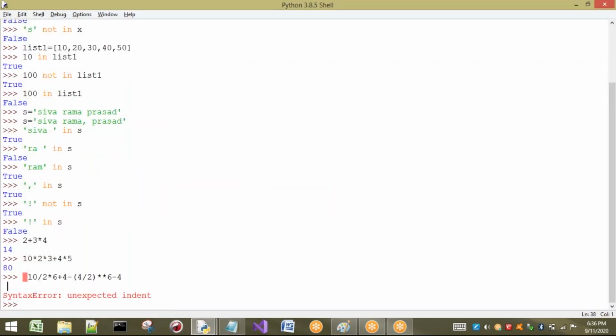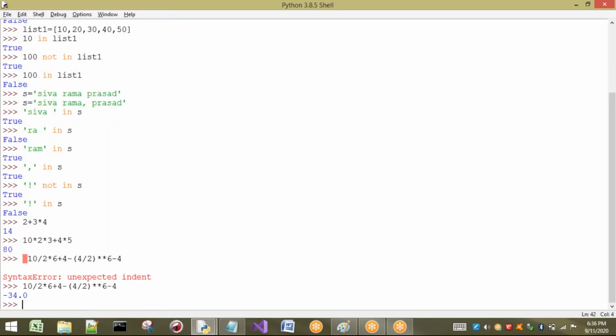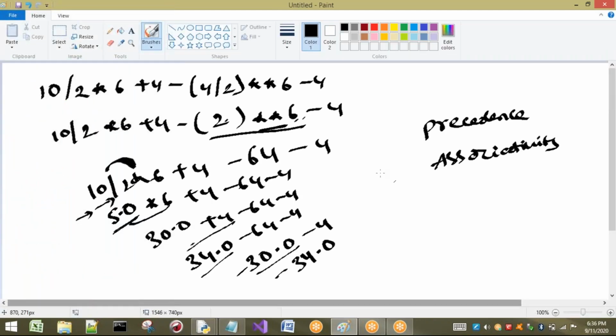Some syntax error we got. Okay, now see what is the answer we got? Minus 34.0. Whatever we got here, in this way the expression is going to be evaluated.